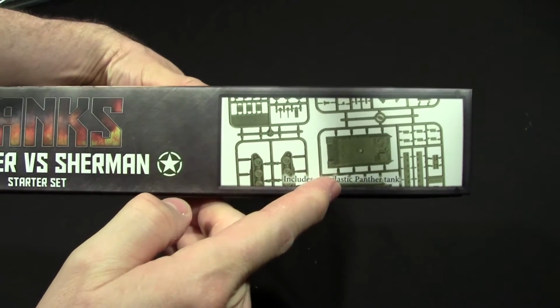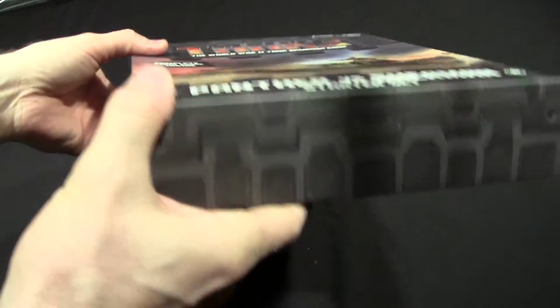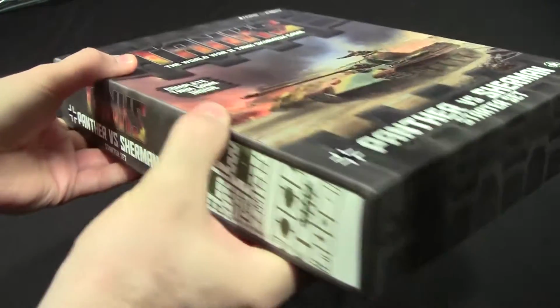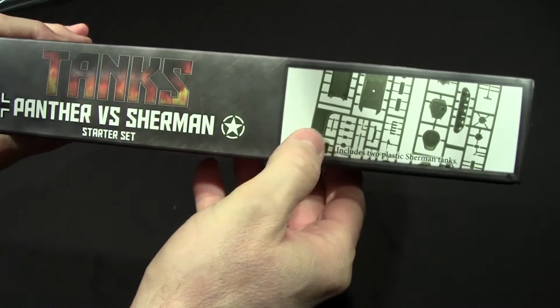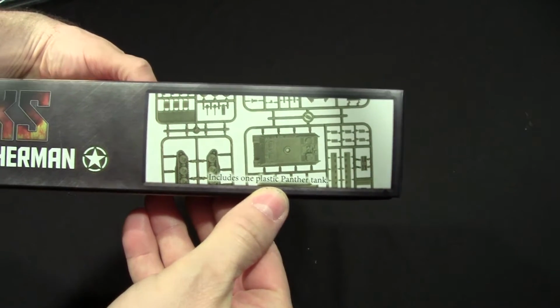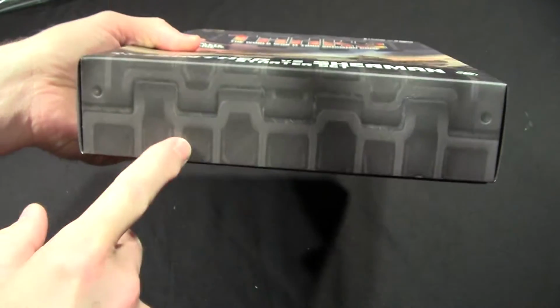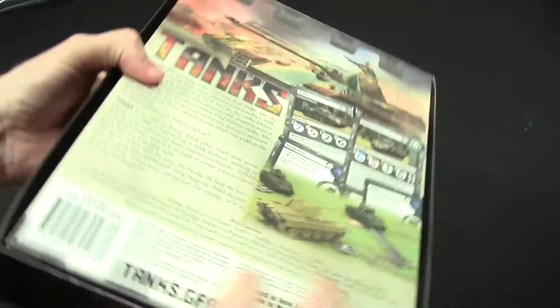So there's one of the tanks that you can build. Looks like some treads or something. There's a different picture. So this is 2 Shermans. Oh, I see down here. It includes 2 Shermans. Includes 1 plastic Panther tank. And that's the top. I kind of like what they did on the side. It's a little different than they usually do. And on the back,